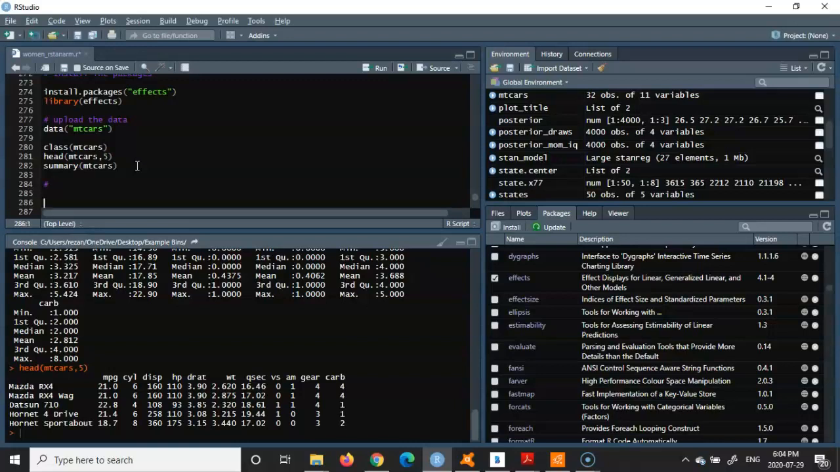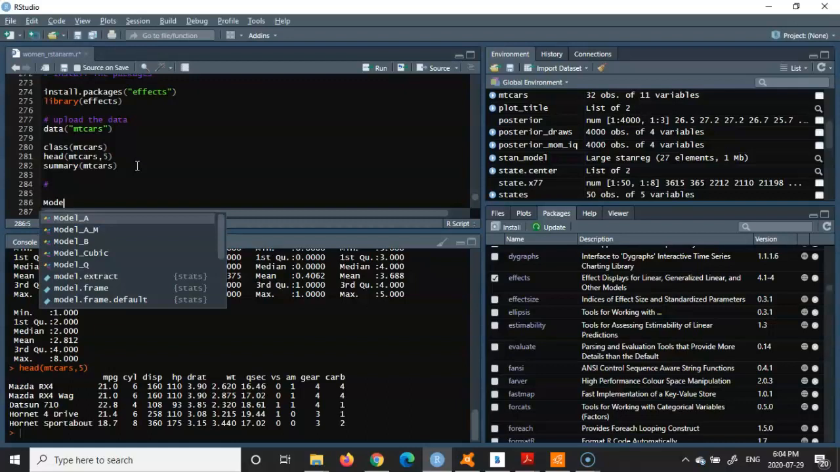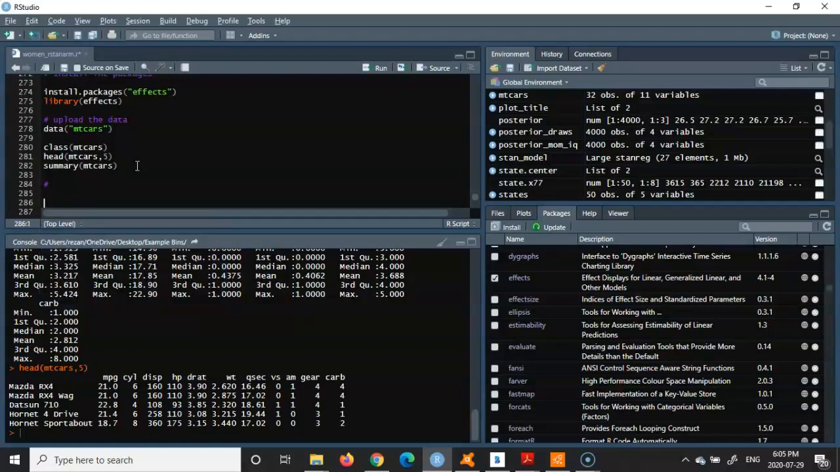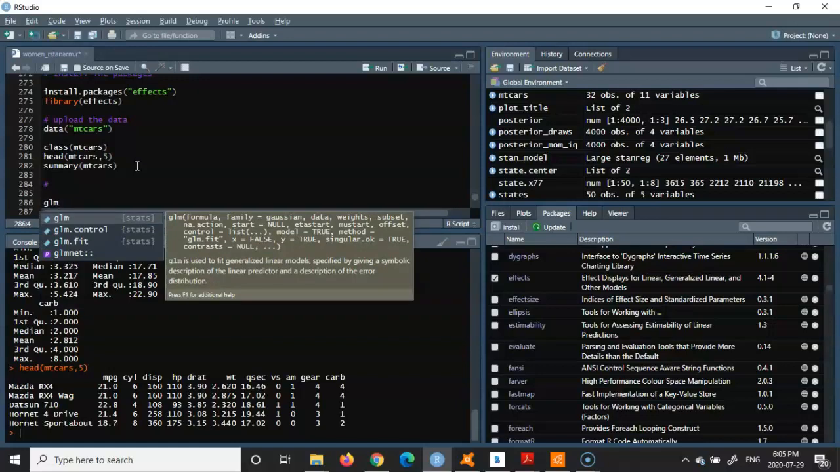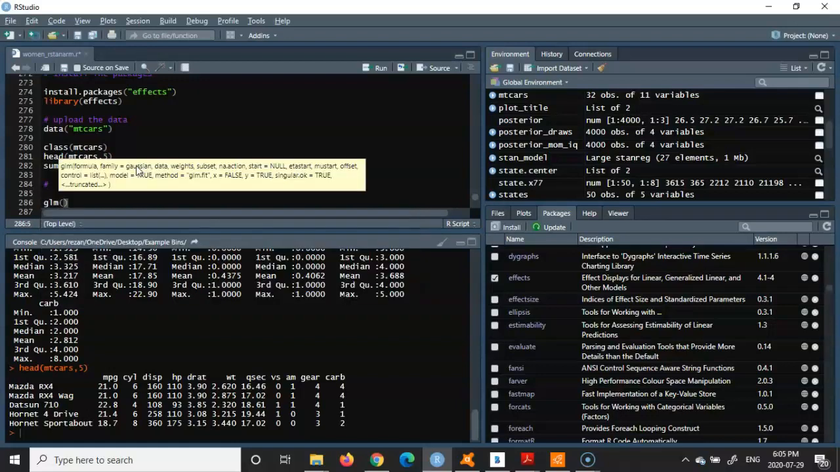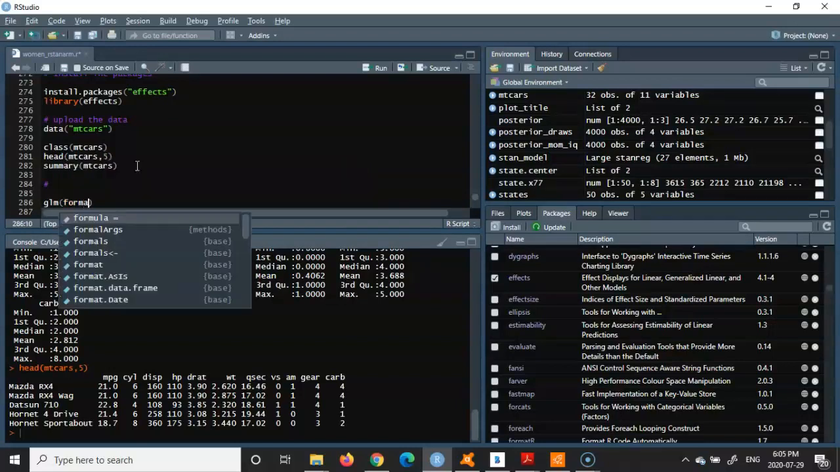For the model that we have, as we said, we are going to go ahead with the nonlinear model. I'm going to go ahead with the generalized linear models. You see that first of all, we have to associate it with the formula. The formula that we have,